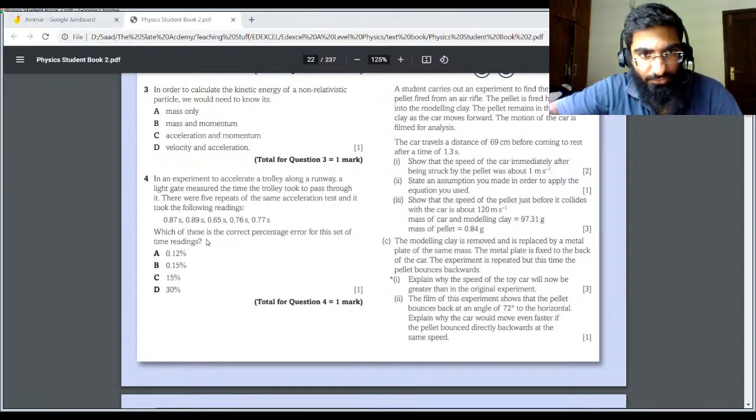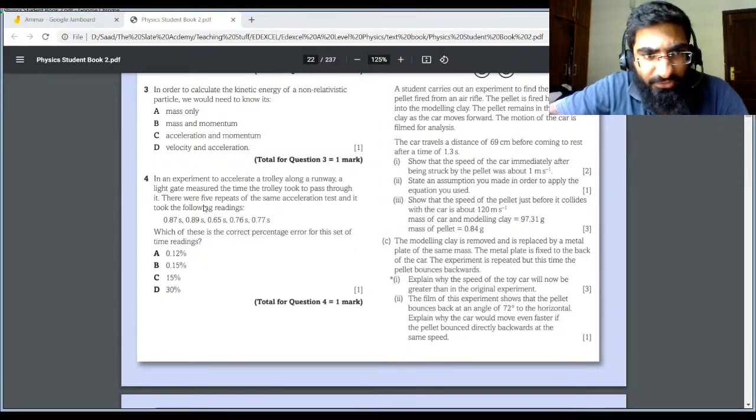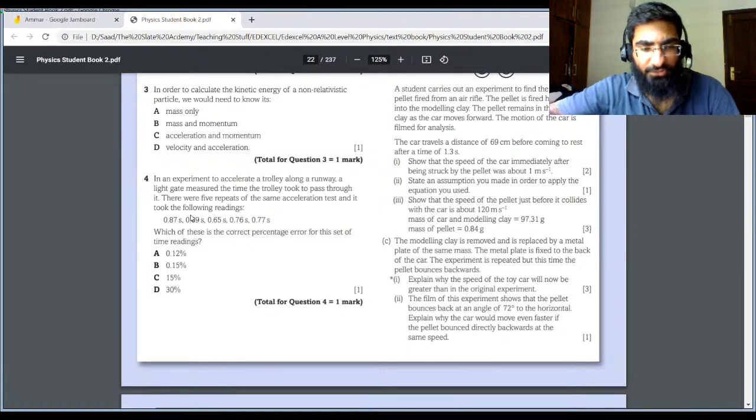Yeah, 0.89, if I ignore that anomaly. But it's not happening only to this one. Same acceleration test, a trolley along a runway, and a light gate measured the time. Light gate is measuring, so there is hopefully not an error. So highest is 0.89 minus